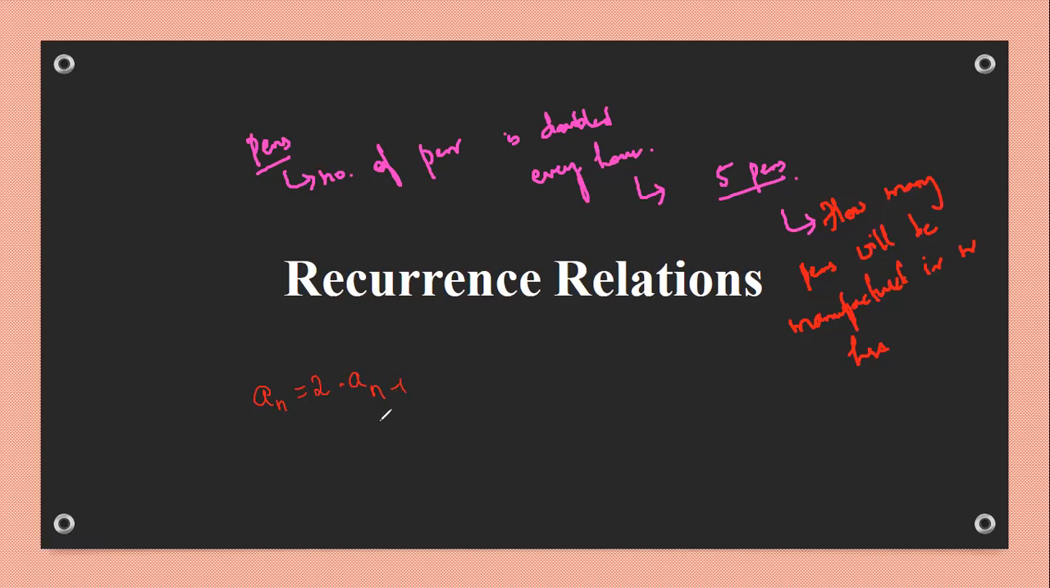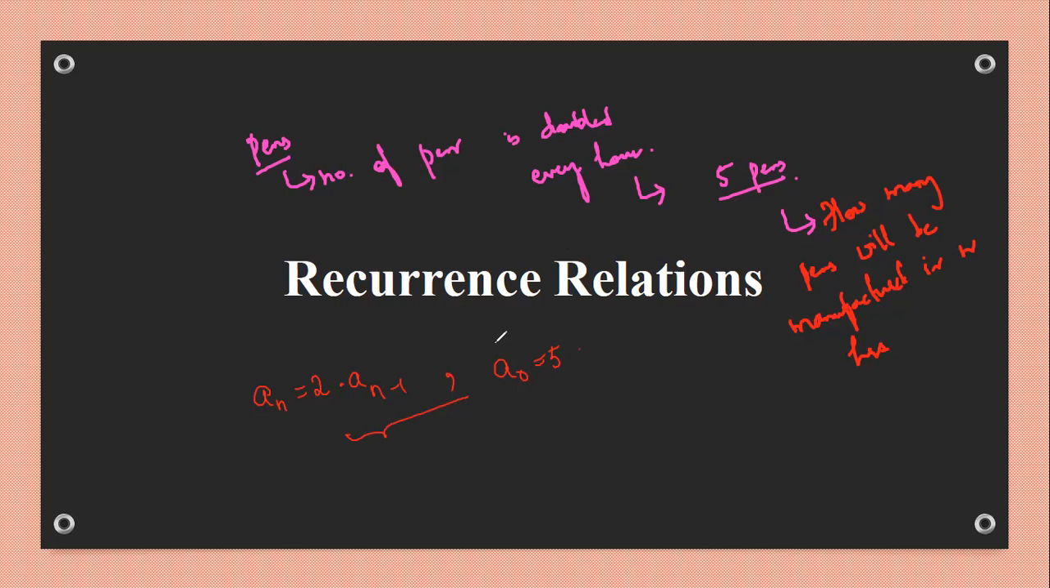So by this we can get the value at the nth hour, where our initial condition at the beginning, a naught, is given as 5. Okay. So for these kinds of counting problems, it is beneficial for us to use recurrence relations. Some counting problems cannot be solved using permutations and combinations, so for these kinds of counting problems